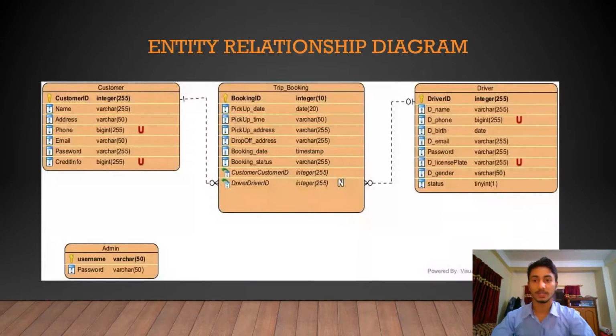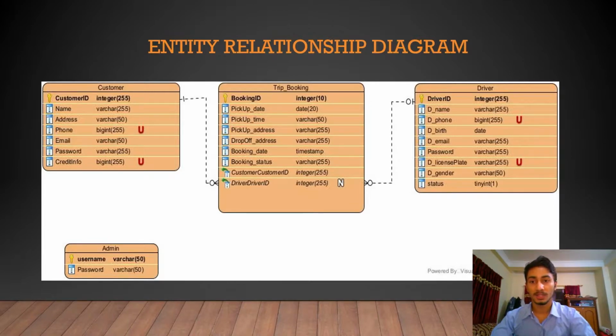Let us begin with the entity relationship diagram. In my case, I have four tables, which are customer, trip booking, driver and admin. My customer table has various columns like customer ID, name, address, phone number, email, password, and credit information. In this table, phone number and credit information are unique, so they cannot match with any other customer in